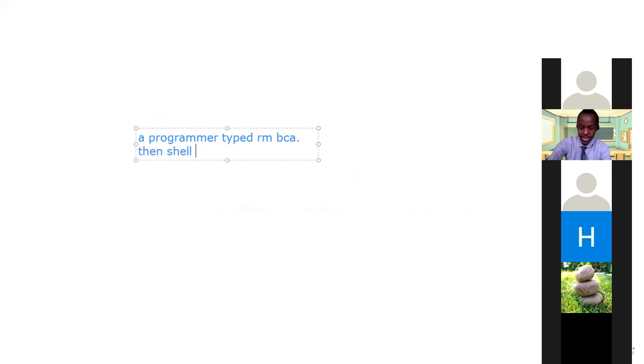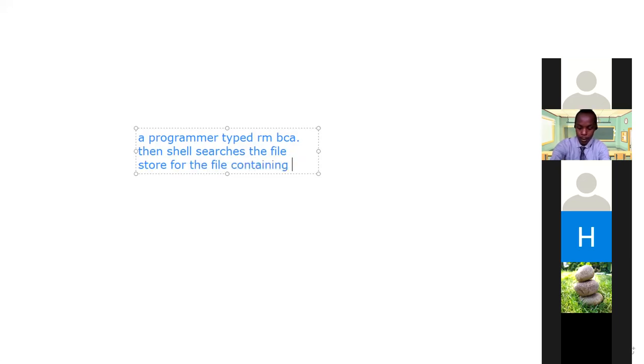Then the shell searches. The shell is going to search the file store. You remember I first created the file called BCA, and then the BCA was stored on the home directory. What we call the home directory, I will explain to you later. Now, what the shell is going to do is search the file store, where the file is stored, for the file